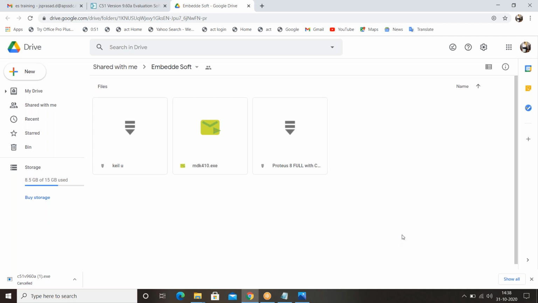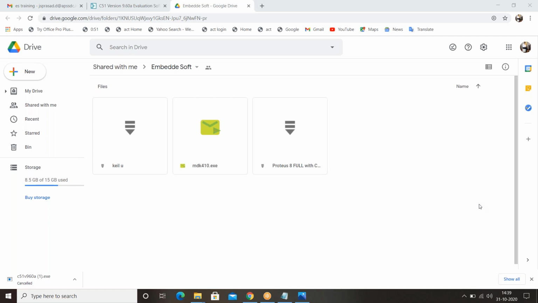So have you installed this Proteus 8, or have you downloaded it? You just downloaded, not installed it.